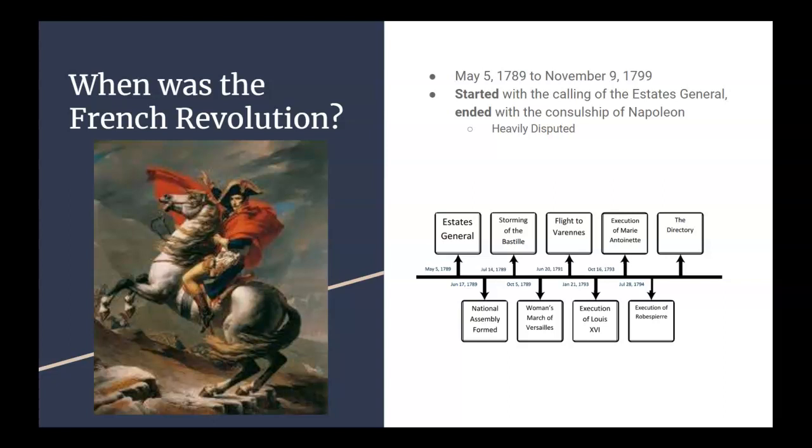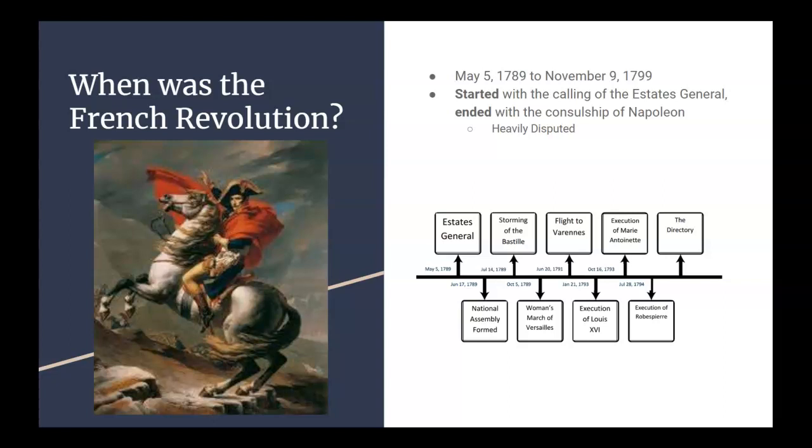So he calls his whole country together, representatives from different parts of his country, which we'll learn about in the Who. He gets them all in a big room, and he's like, all right, guys, let's try to fix the problems that France has gotten themselves into. But you'll see him asking for help is kind of the beginning of the end for, I don't know if I want to call him poor, but for the king of France at the time in 1789, Louis XVI. That's what's going to start the French Revolution.